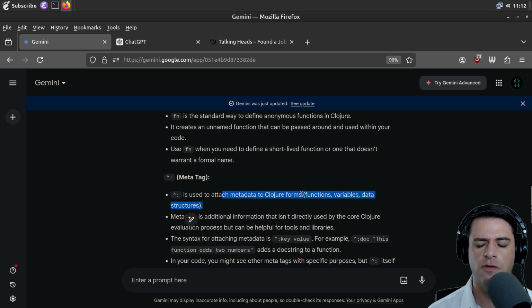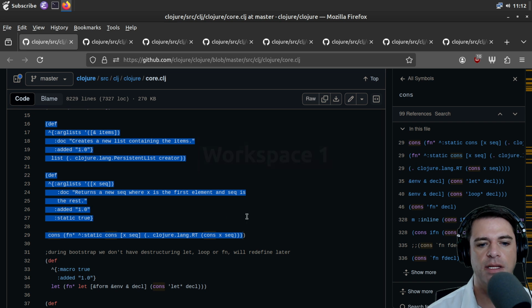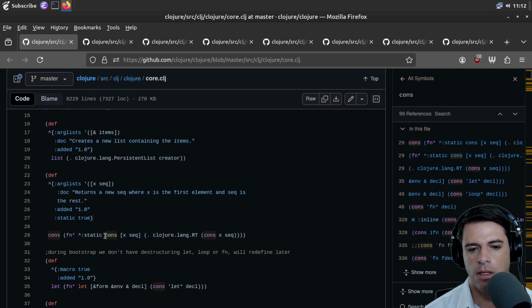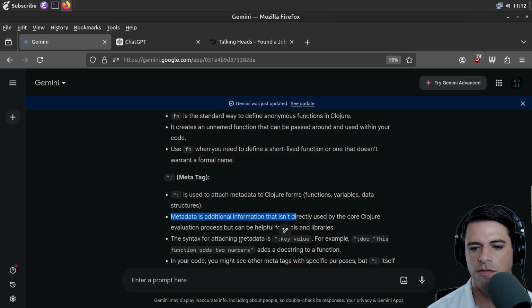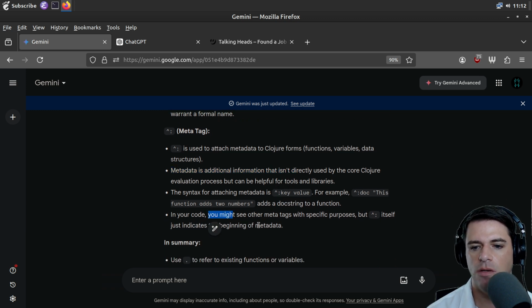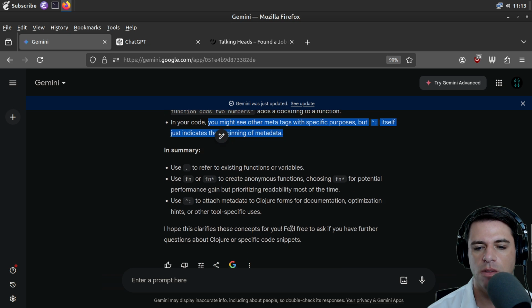And I guess forms include functions, variables, data structures, and metadata is additional information. So it's attaching metadata. And what is the metadata? Maybe the arguments. The syntax for attaching metadata is pointy nose key value. For example, pointy nose doc, this function, blah, blah, blah. In your code, you might see other meta tags, but it's okay.